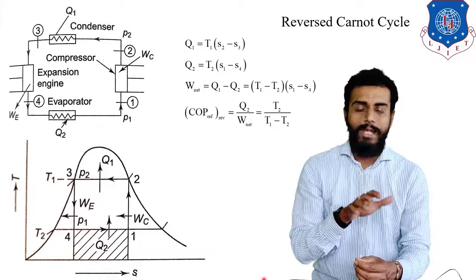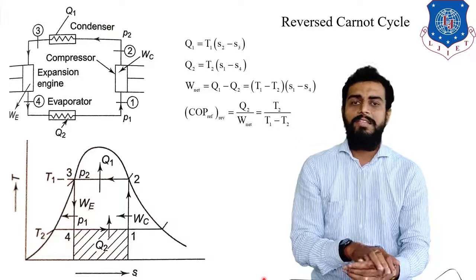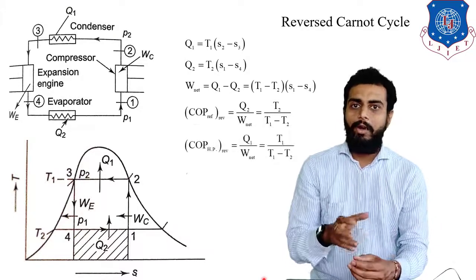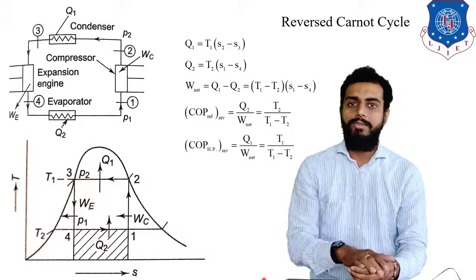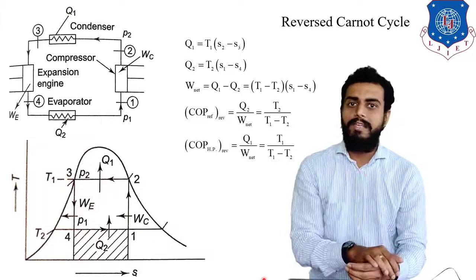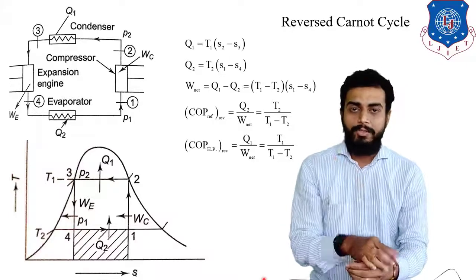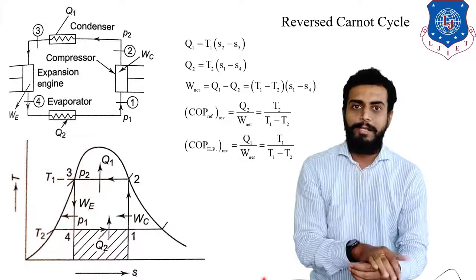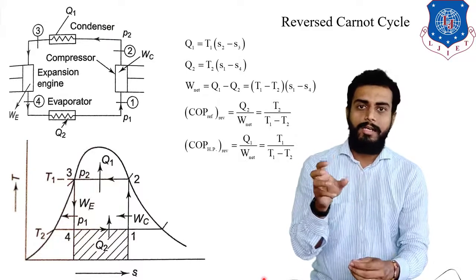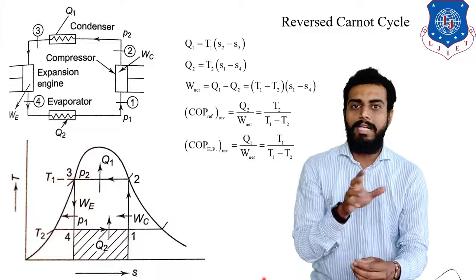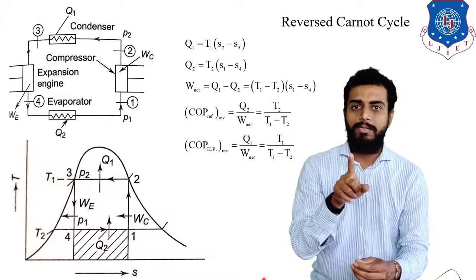Simple, students. Okay. Now in the same way, COP of the heat pump, reversible heat pump better say, will be what? Desired effect upon work done. So the desired effect here will be what? Simple. High temperature heat transfer will be the desired effect. So here Q1 divided by W net. Right? So corresponding to that, in the temperature form, that will be T1 divided by T1 minus T2. Simple, students.